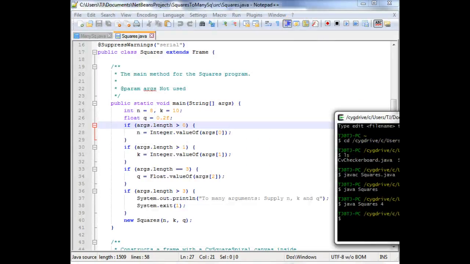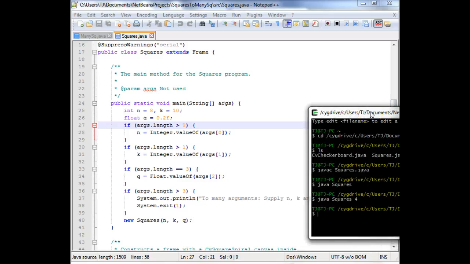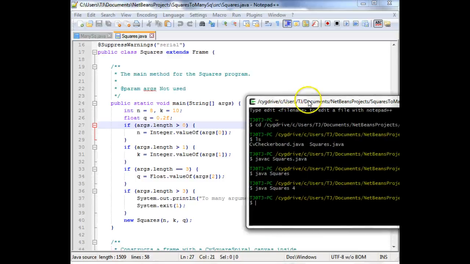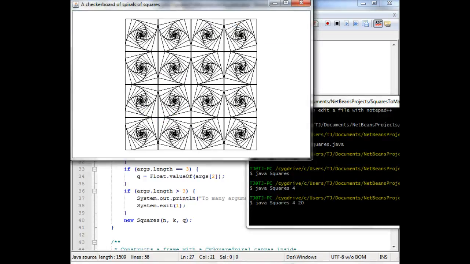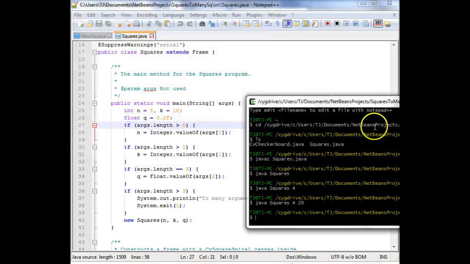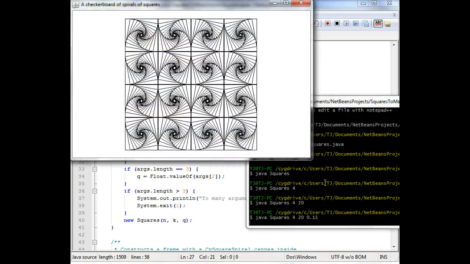And let's see, what if I do, and then I could give 2 inputs if I want. Squares, so the first one will be 4, and the second one will be 20. Alright, let's see what that looks like. Okay, so you get the idea. Or I could give all 3 arguments if I wanted. I could say java Squares 4, 20, 0.15. Okay,